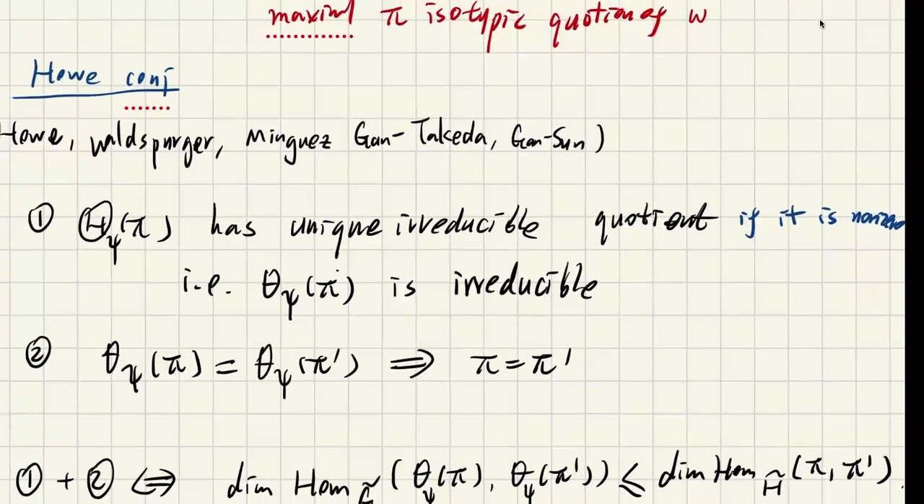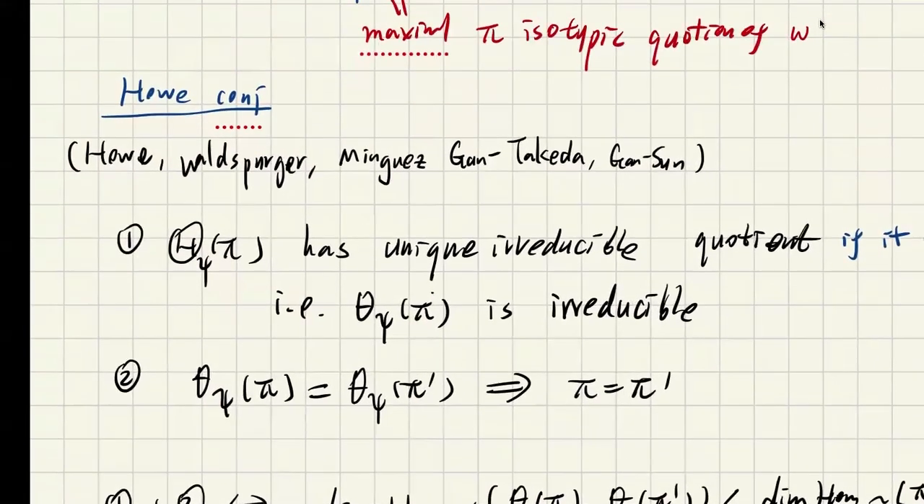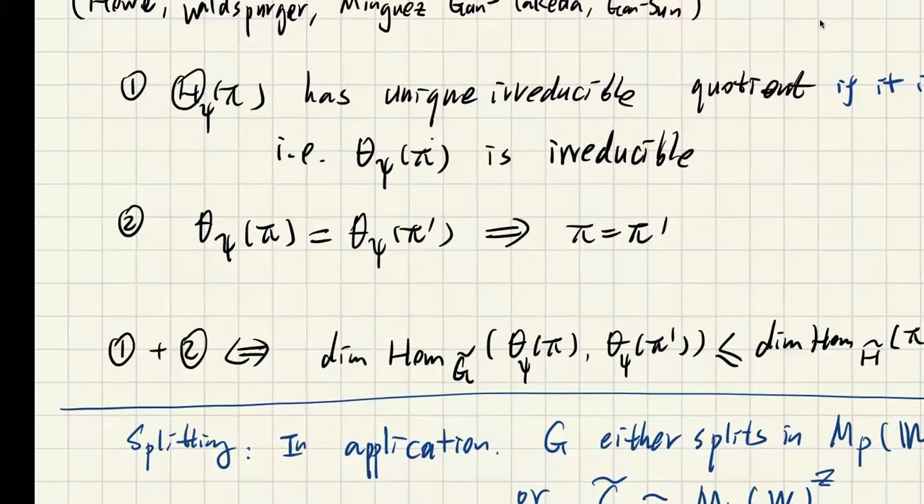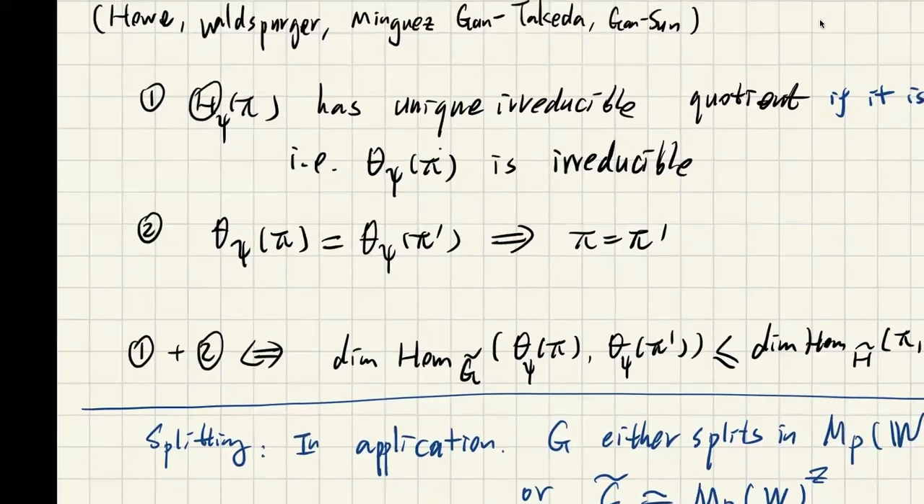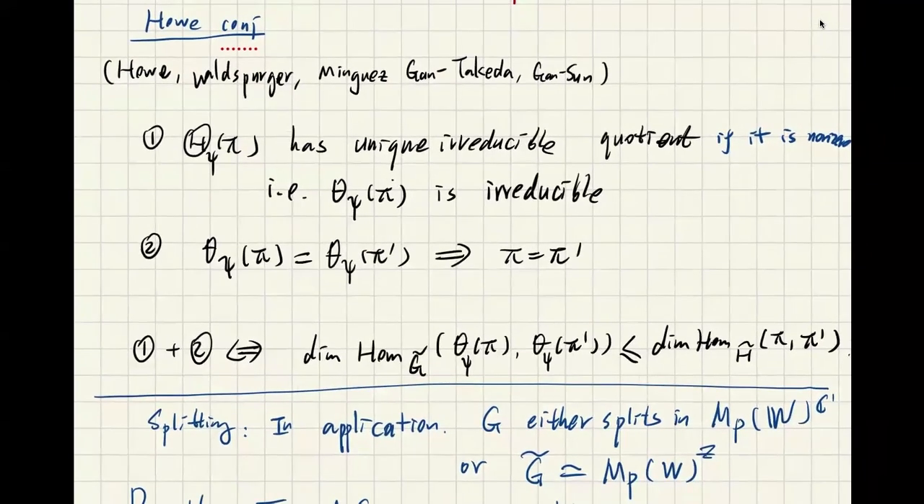Okay, so another part is saying that if pi and pi prime have the same small theta lift, then pi and pi prime are the same. So it means that this lift is an injective map from its domain to its image. Okay, you can actually reformulate, as commented in Kudla's book, that 1 and 2